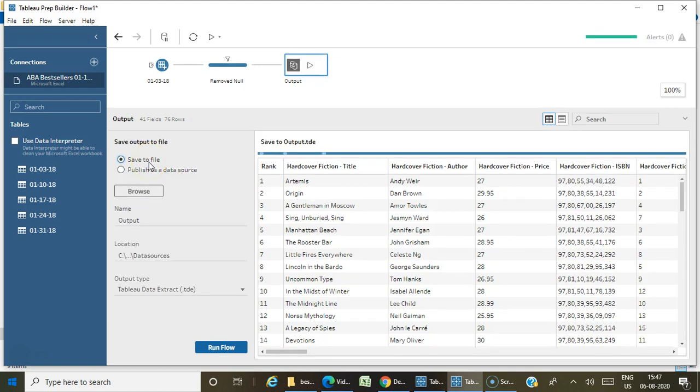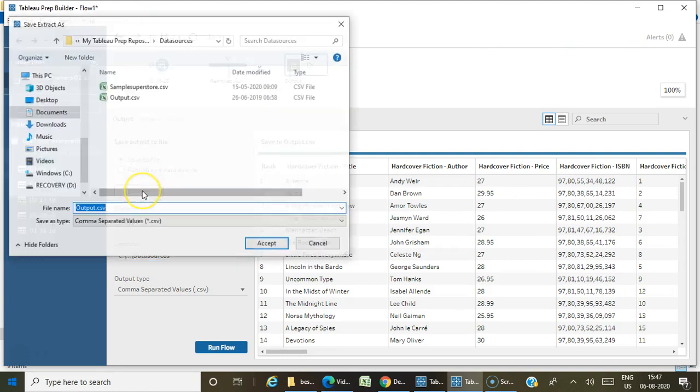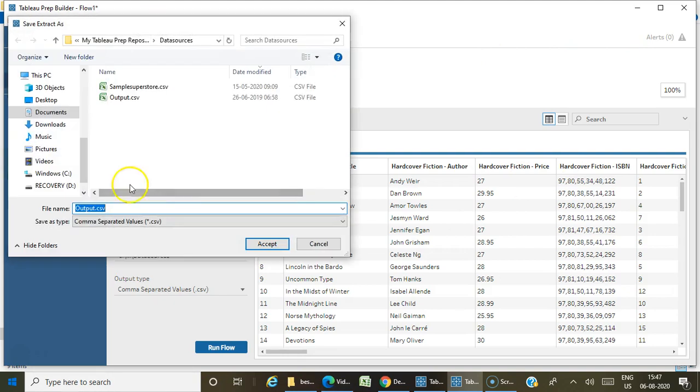So now we are going to publish this file as a CSV file. By default it gets stored in the Tableau repository, and the output I'm going to put as best sellers. Okay, so you just need to browse this location where you want to save these files.